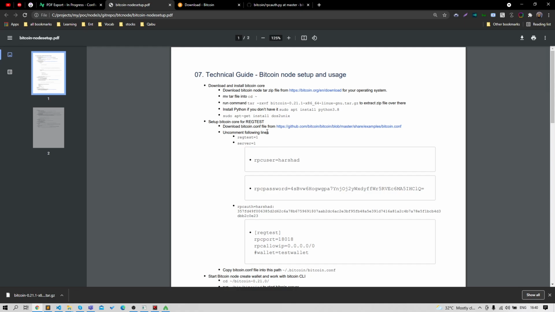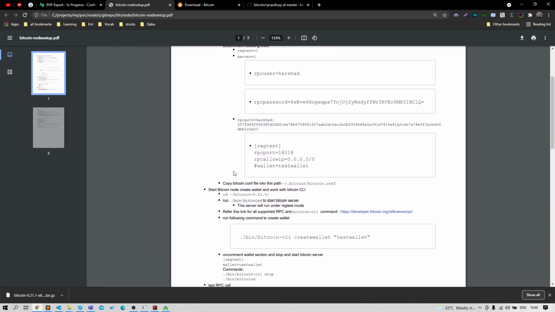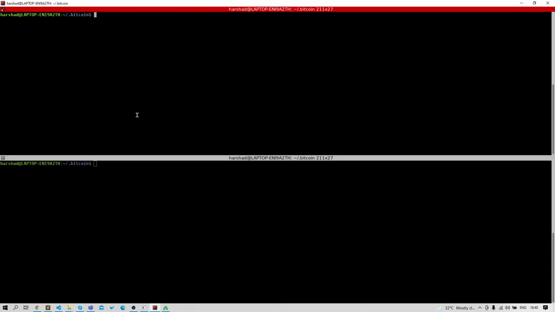The next step after configuring the bitcoin.conf file is to start the Bitcoin node server, create a wallet, and work with the Bitcoin CLI tool. So go to this folder and run our Bitcoin node server after setting up the bitcoin.conf file.